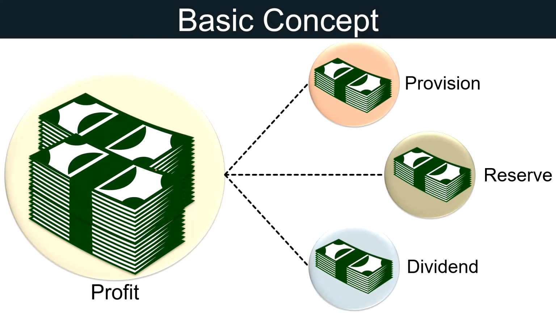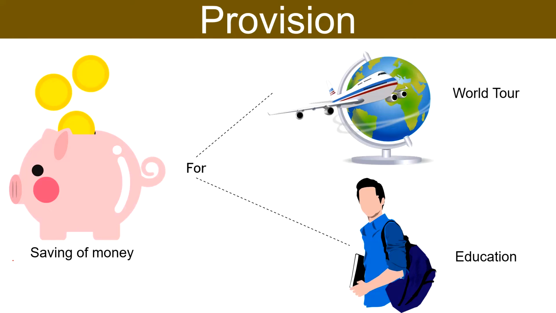Moving on to our main topic, provision. The concept of provision is quite simple. As in our day-to-day life, we make arrangements to secure our future or to meet future needs. That is, we save money. So, the events which are going to happen in future are planned in the present with the help of the available resources, and the amount that is kept separately to meet such expected losses or expenses is called provision.